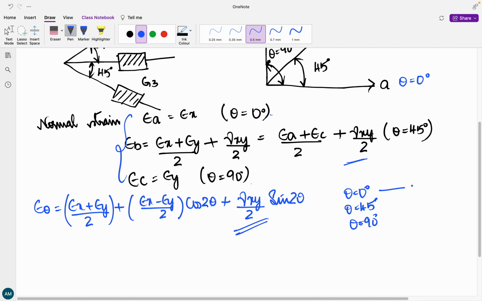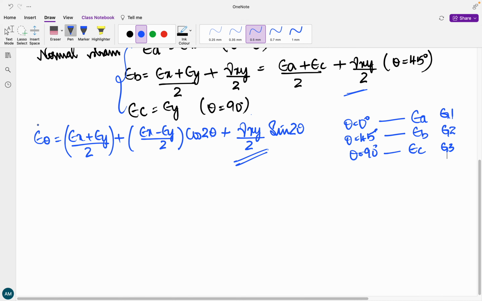For theta is equal to 0, it is epsilon A, that is the normal strain of gauge 1. If theta is equal to 45 degree, it is epsilon B, that is the value of strain along the second gauge. Theta is equal to 90 degree is epsilon C, that is for the third strain gauge. Alright, now